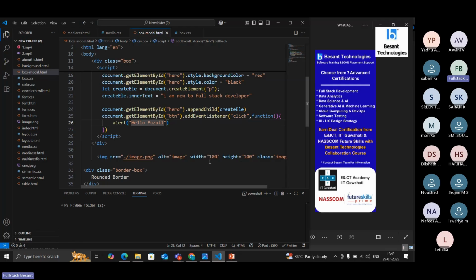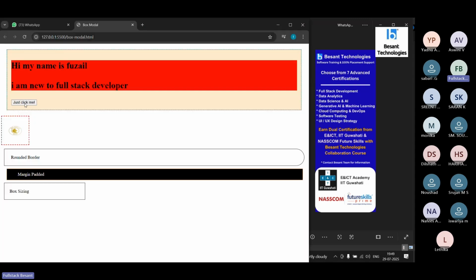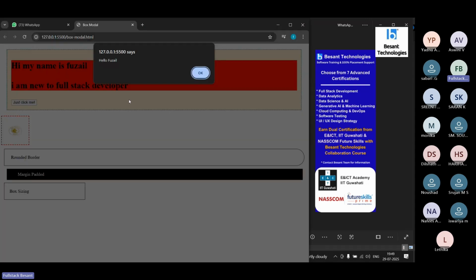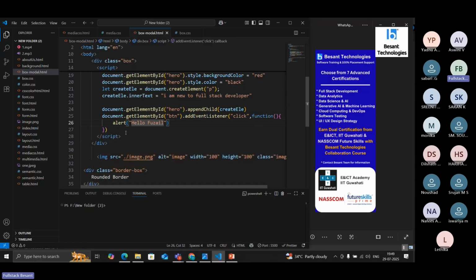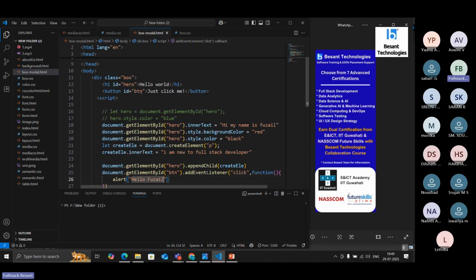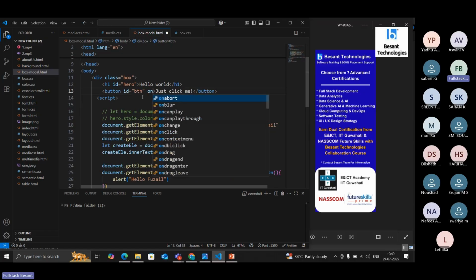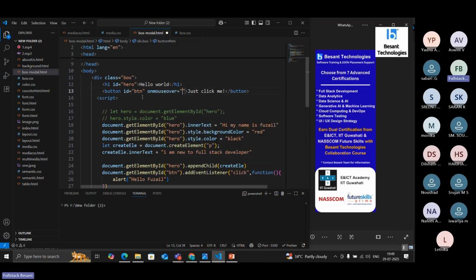So what is a mouse event? These respond to mouse actions like click, mouseover, and mouseout. If I want to click, I've just written a button, so this is a mouse event. Clicking a button, and there is another method. I'm just going to write a concept for this one. Here I have a button, and I'm going to give onmouseover, a color, so that if I hover the mouse, I'll see it changing